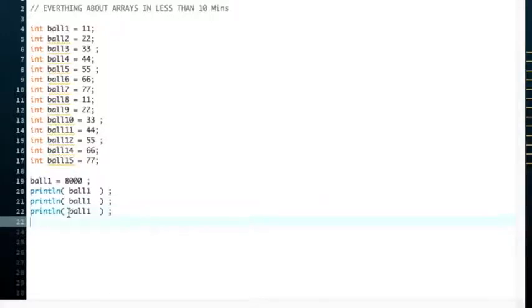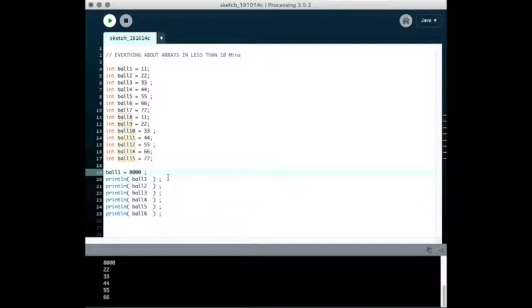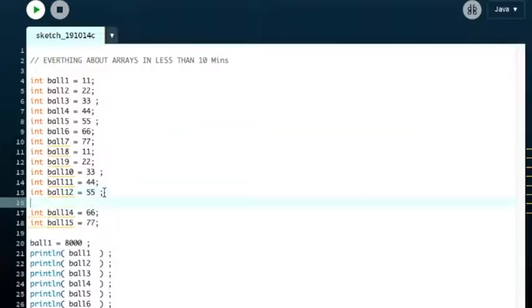So I want to print the value of ball 1, 2, 3, 4, 5, and so on, all out. 2, 3, 4, 5, 6, and you can fill in the rest with your imagination. If I press that, I got all the numbers coming out. But again, it's a lot of time consuming work, and if I'm cutting and pasting, I'm going to make this ball 13 error, and it will take me a long time to find that error, typically,